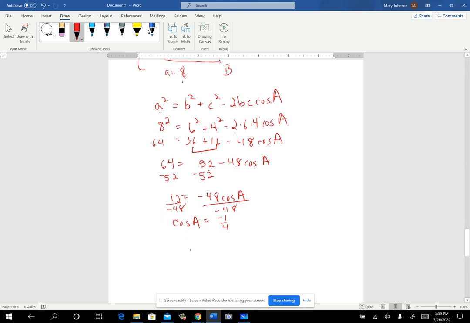All right, so to find A, I need to do inverse cosine of negative 1/4. And see, with cosine, it'll give you something in the first or second quadrant. So if the angle is supposed to be obtuse, it'll give it to you because it'll report an angle over there in the second quadrant. So I'm going to go to my calculator and do inverse cosine of negative 0.25 or negative 1/4. And it'll tell me the angle. And it turns out to be about